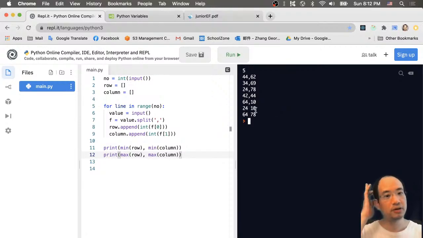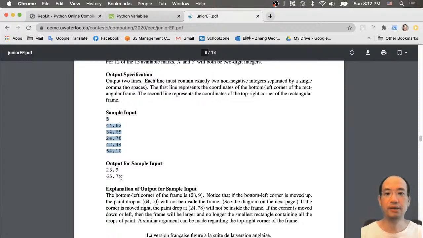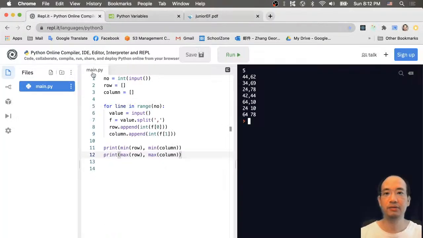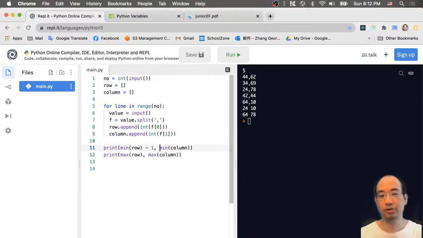So I got 24 and 10 and 64 and 78. Again, because I need to subtract 1 here and also subtract 1 here, because you have to make all the drops inside your frame, right? So you have to press 1, make it a little bit bigger, press 1. Now you should have,